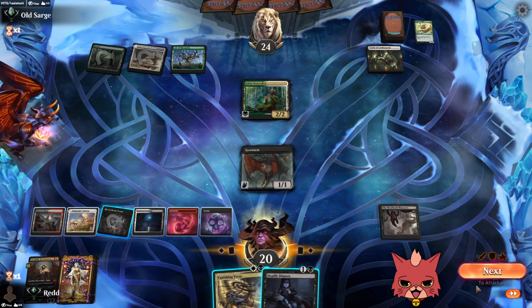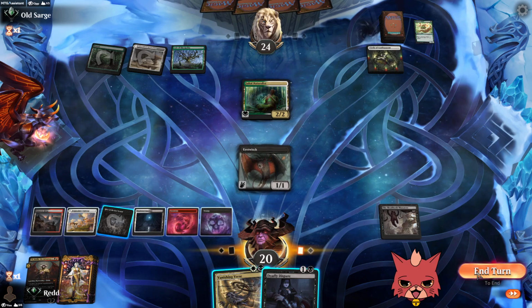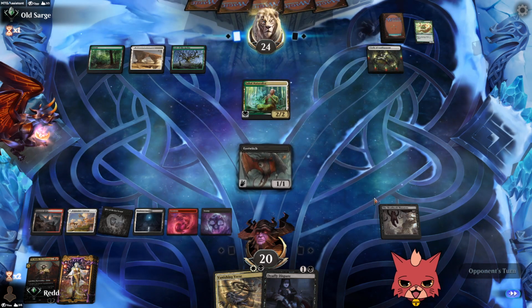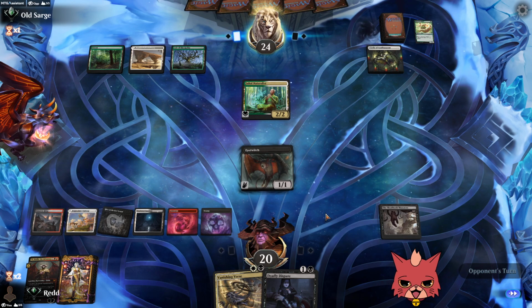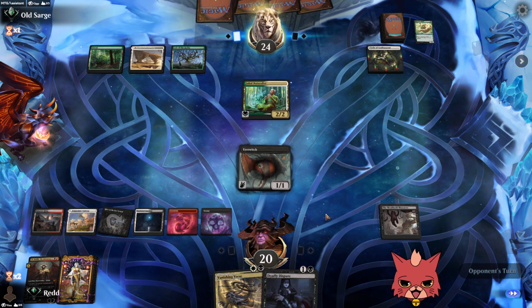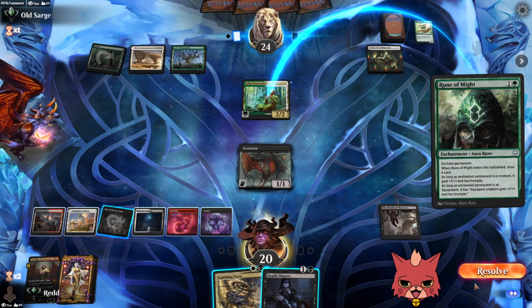That's pretty good, probably. So if they try to target it with like a Circle of Confinement, or if they try to swing in, we can at least block, and then hopefully they don't give that trample or something. So it doesn't look like runes. It looks like Selesnya enchantments, which is cool. I mean, the Selesnya enchantment still runs runes, obviously, but...